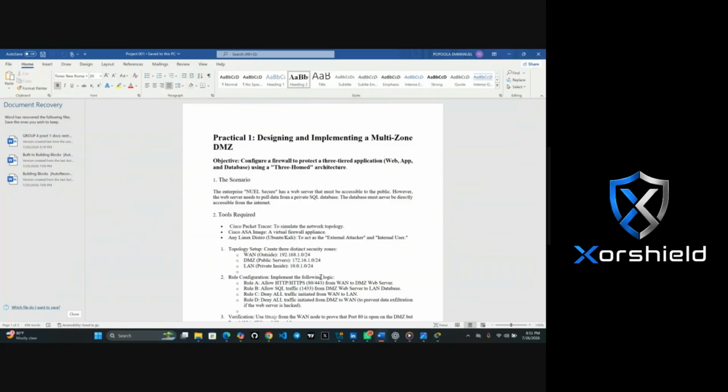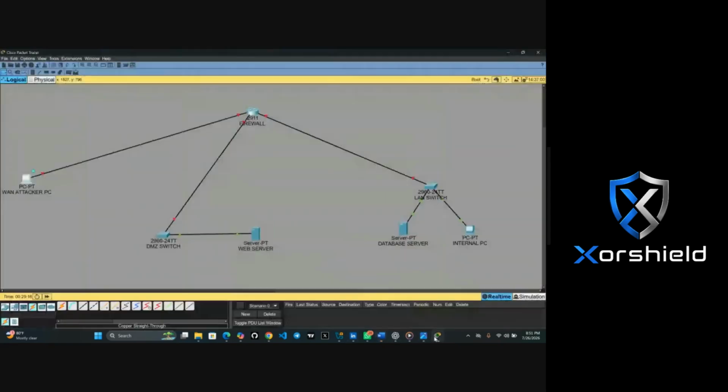They said our DMZ is 172.16.1.0/24 and our LAN is 10.0.1.0/24. What they mean is, just go back here. Just note it. Just put it down.